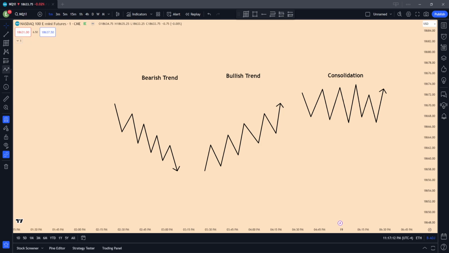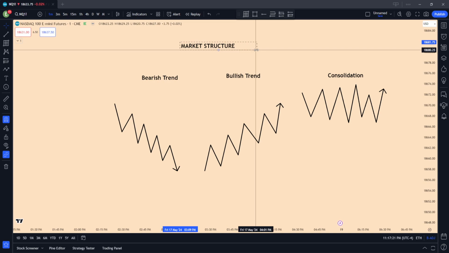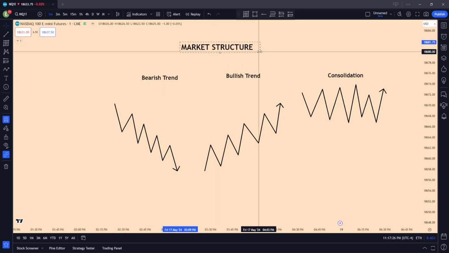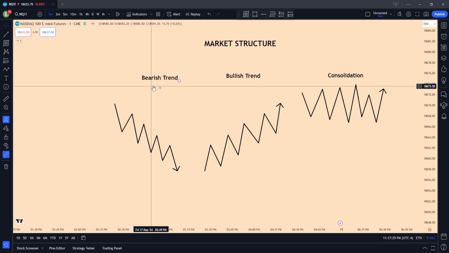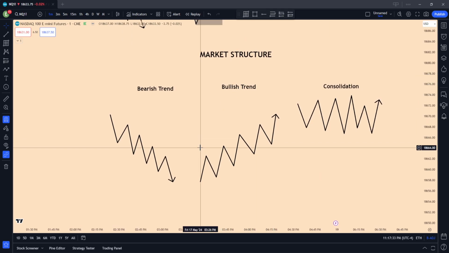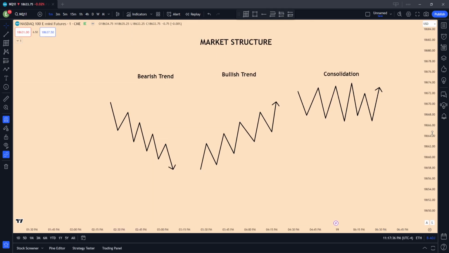Okay, so I'm gonna type market structure. Okay, this market structure, this is what we're looking at. These three examples here are an example of market structure. Market structure is the definition of the movements, or I don't know, like the best way to explain this,